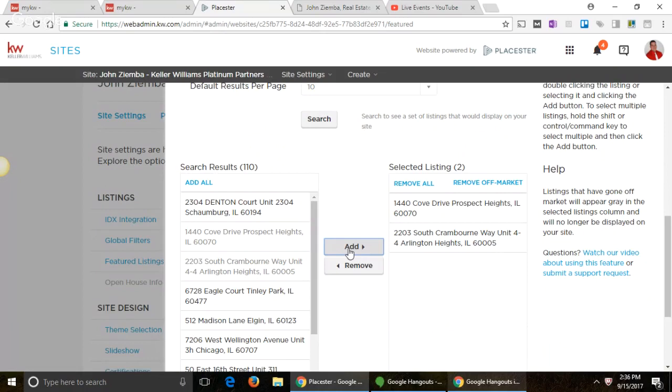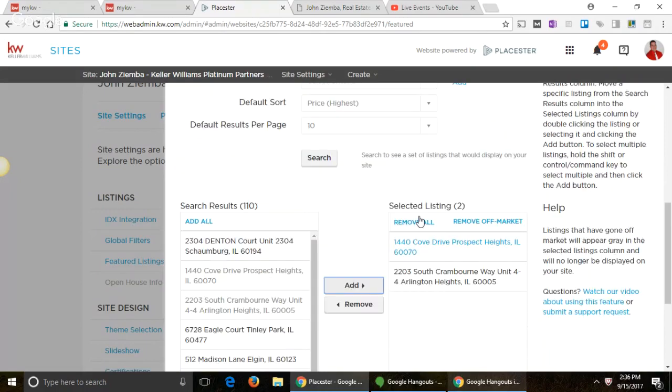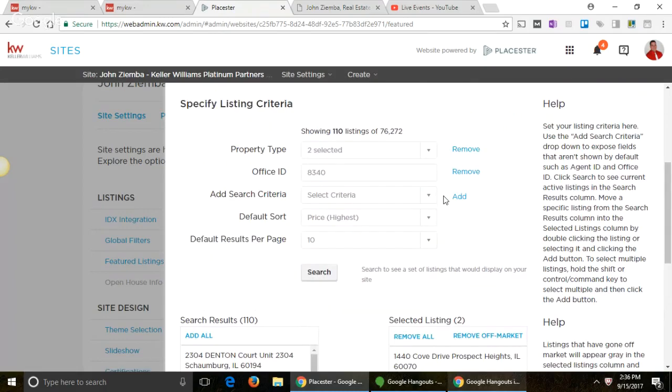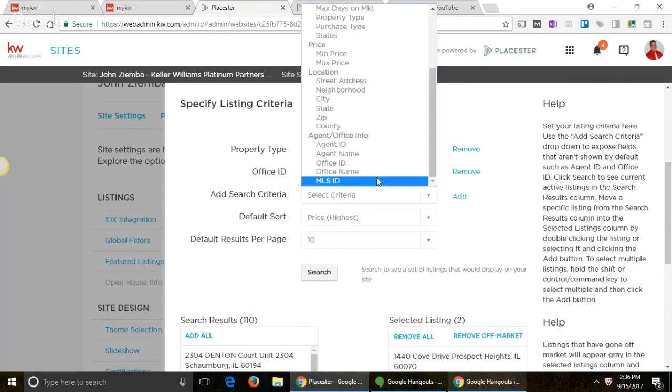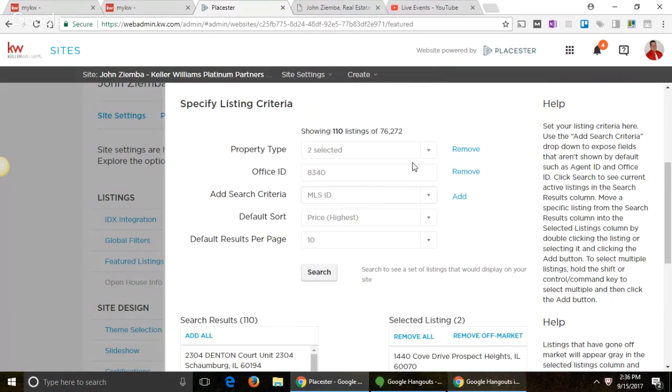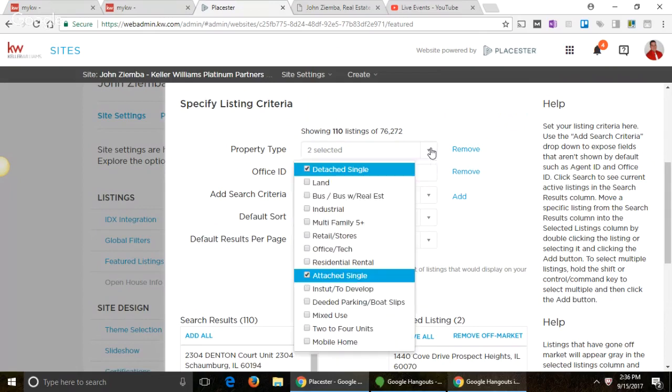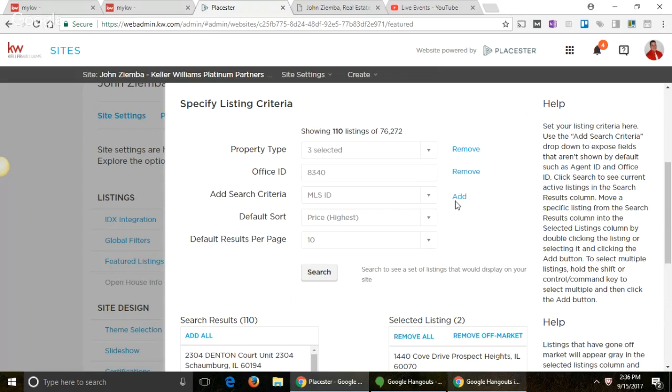Okay? You said when it goes under contract, it'll automatically come off. Okay. So what is the ad, is it the MLS? You could do it by your MLS number, right? So if you wanted to add your specific listings, you could do the same thing. We would add the criteria, MLS ID, but it's going to have to meet all these criteria. So it's only going to show the property types. Let me just add land here. So if I wanted to show my listings,